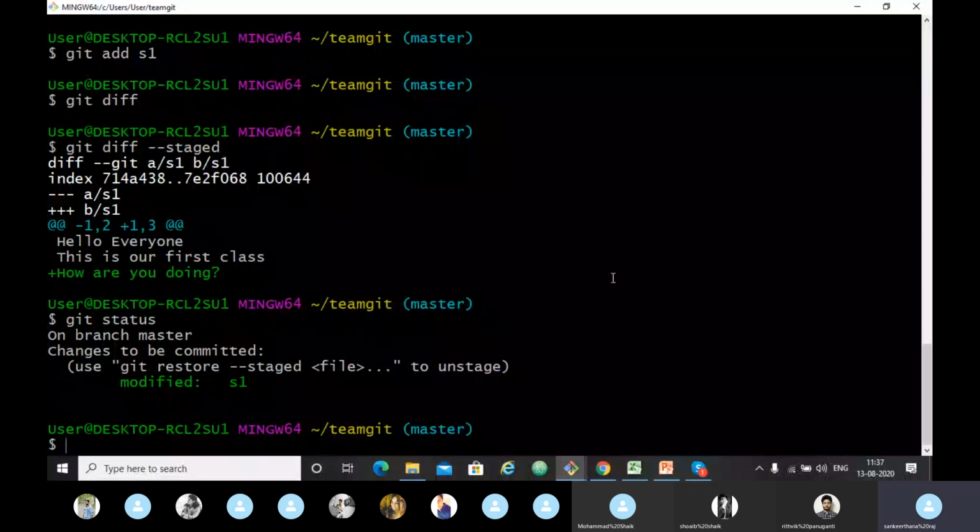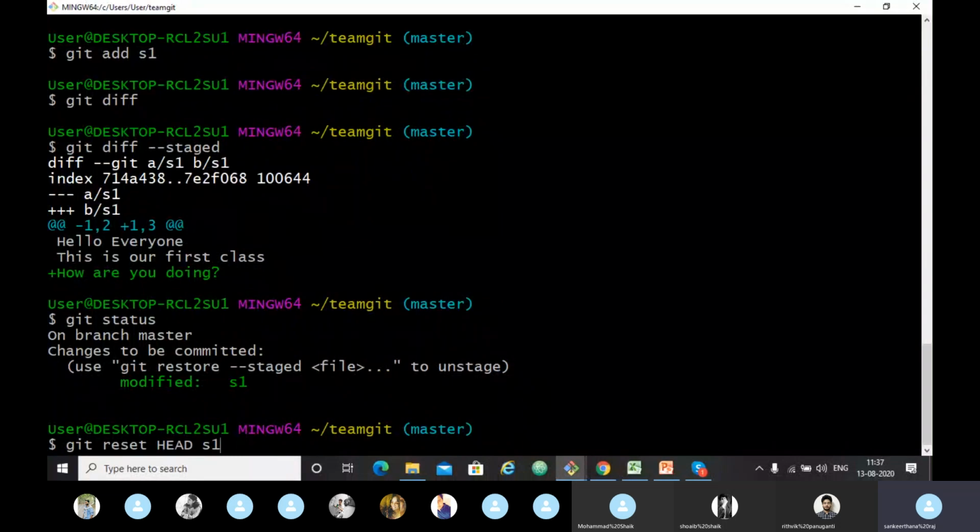To undo the files in the working tree, we use the command git checkout -- s1. To undo the files in the staging area, we use this command git reset HEAD s1. s1 is the file name, so git reset HEAD is the command. It is unstaged in the staging area. It shows the output.